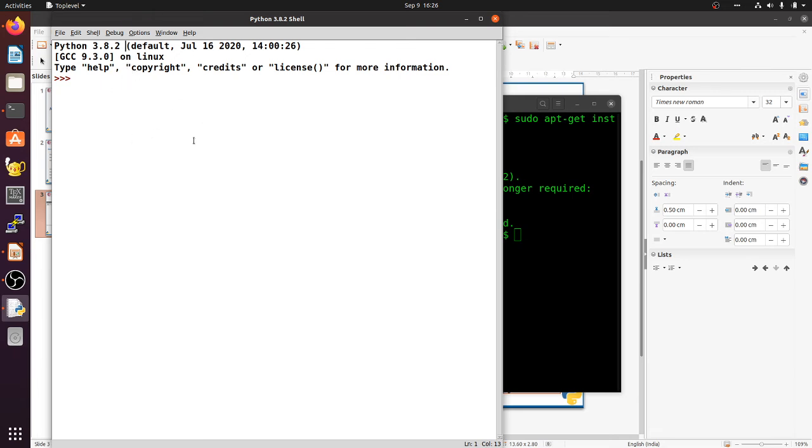So you will get this kind of window, and as we know, this is a shell window. With the help of this shell window, we can type Python programs as we did in the previous video session, when we tried with the Windows operating system. Whatever you can do in Windows with IDLE, you can do the same thing in this IDLE in a Linux based operating system. So I will say hello RVCE. In this way you can execute all the statements. We know how to run the Python statements.